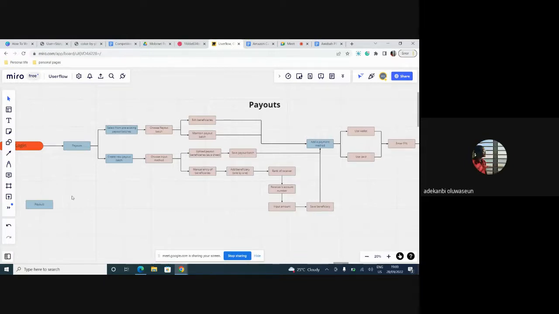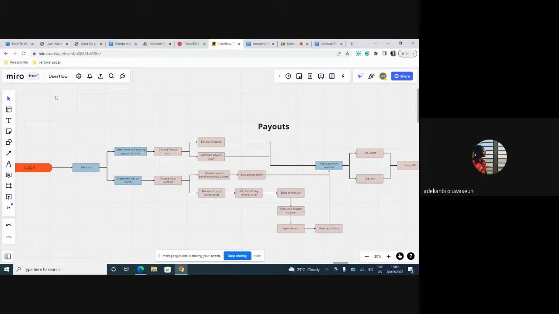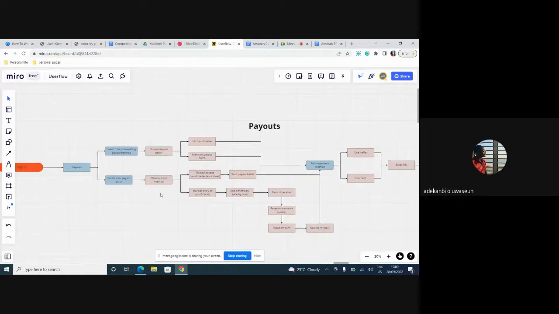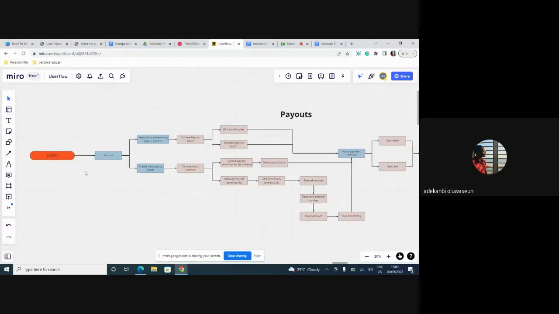Sorry, go ahead. Sir, please, firstly, is there an app for the last slide you showed? Is it an app? No, this is a sample on the internet. There are so many other samples you can use. Depending on the feature you want to build, yours might not start from unlocking the mobile device. Yours might start from logging in.